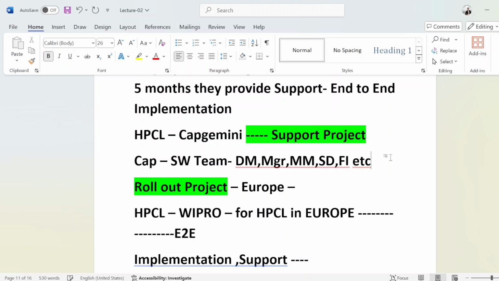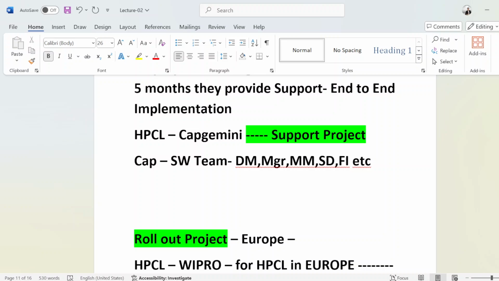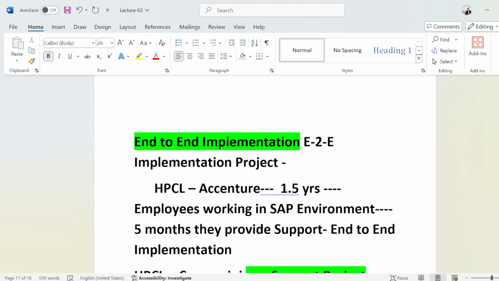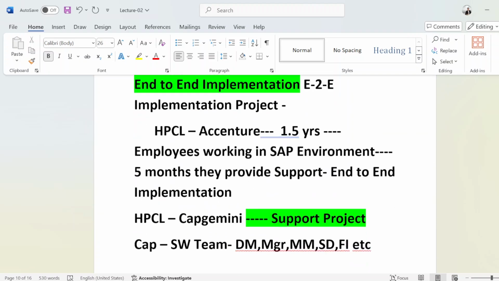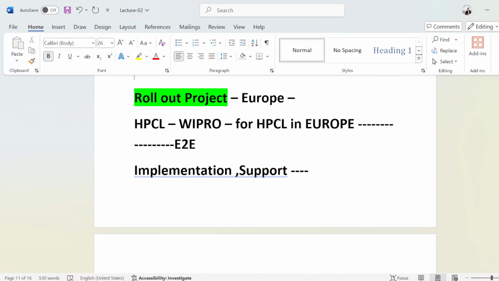Now we will discuss what a rollout project is. So what's a rollout project? Let's suppose Balco has a plant in India, and they also have plants in other countries doing the same business, like in European countries.